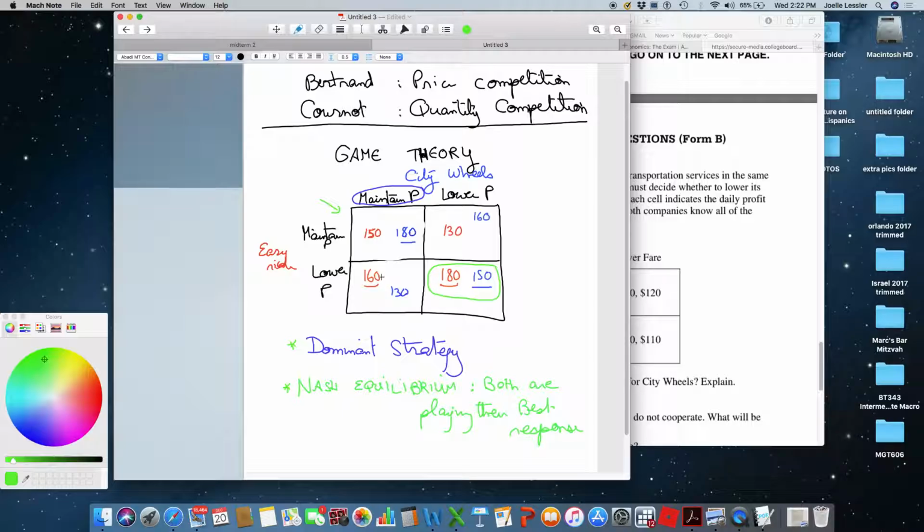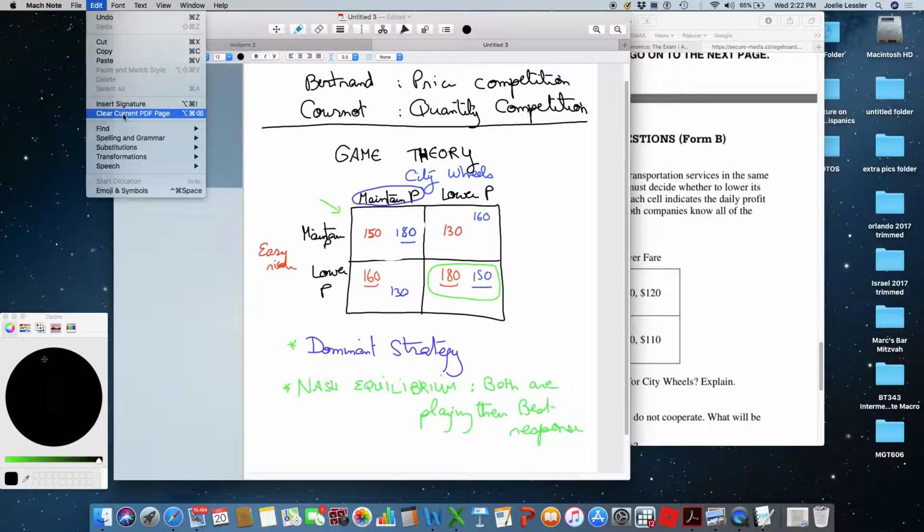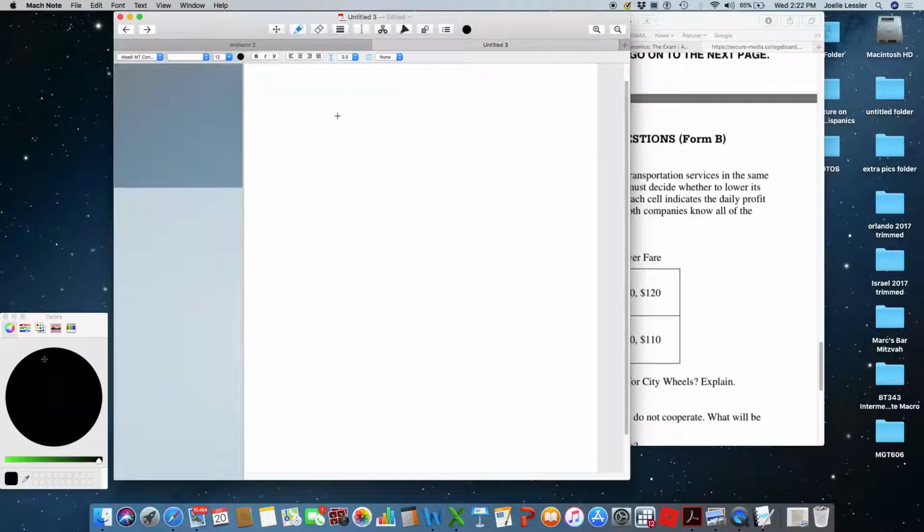Oh, the last thing I wanted to point out is this concept of a prisoner's dilemma. Okay, so a prisoner's dilemma is a game where, let's say there's a bank robbery, you see two guys running away from the bank, you're not sure if they're the ones who robbed the bank, okay? So you take them back for questioning and you put them in separate rooms, okay? And you tell each one, okay,